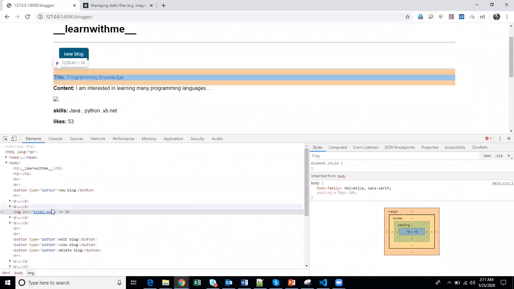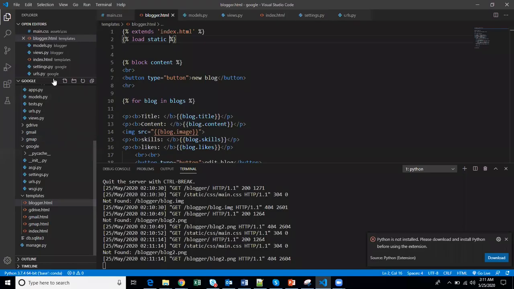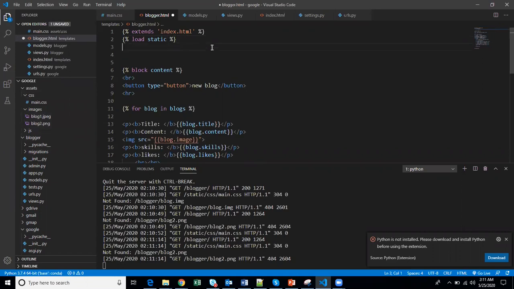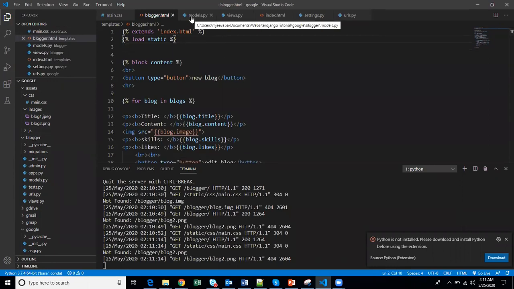because the full path is inside assets, images, and the images are available. For this, we have to create one variable, not here, and then add it here.